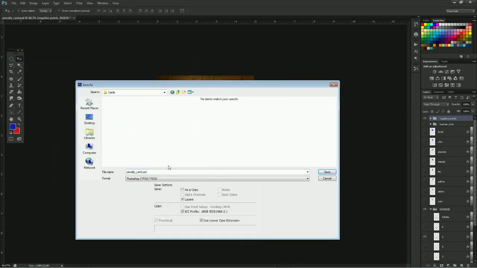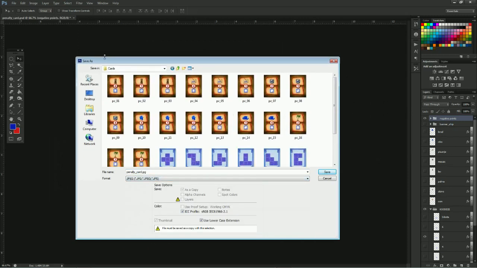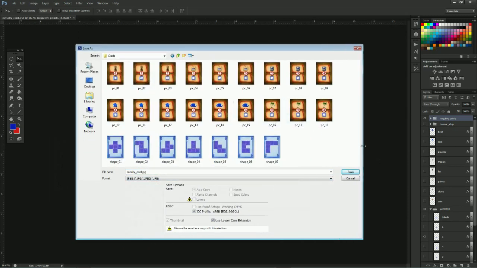Here's my directory with all the cards already set. I can show you. So I like to do it one by one. I don't have any automated process. I have more control, and also usually I change some things on the fly, so it's easier for me like that. So here we have 18 of these penalty cards, and should be 14, but I only have 7